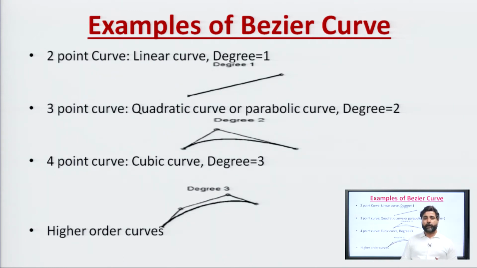We have discussed that the points may or may not lie on the Bezier curve. At the end points the control points meet the curve, but the intermediate points may or may not collide with the Bezier curve, as we can see in all the examples. Here the control points collide with the Bezier curve.